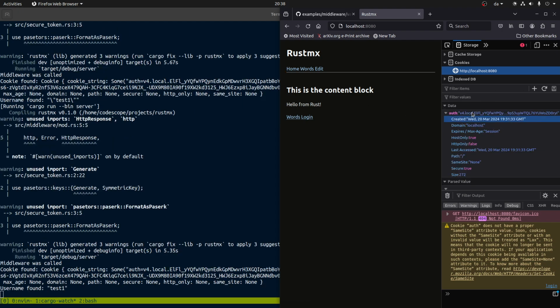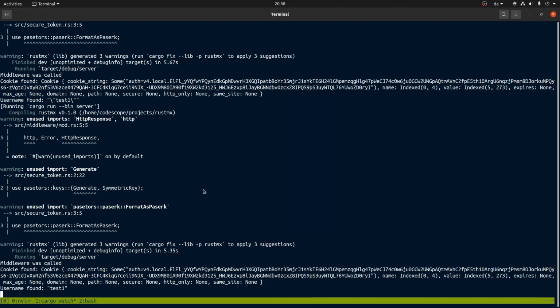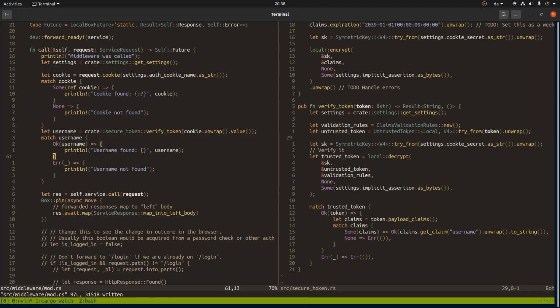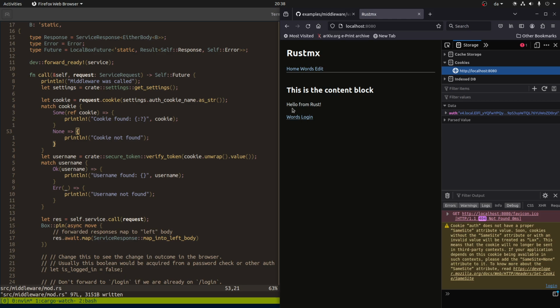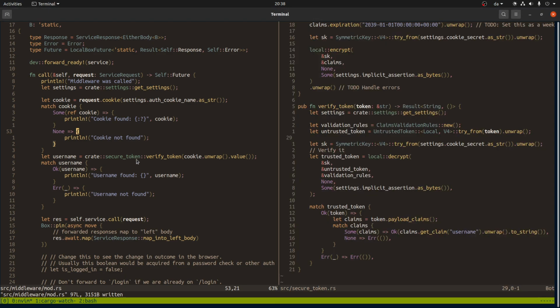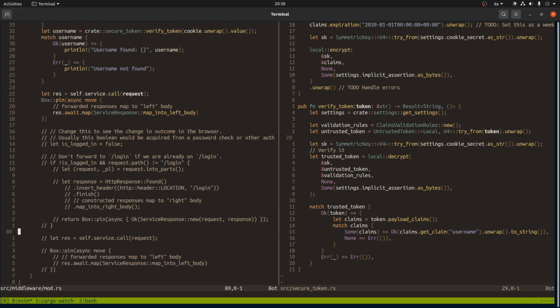Great. And this is supposedly secure, because if I, I don't know how to edit it in the Firefox. Okay, but actually our server is gonna crash right now if there is no token, because we unwrap it here. So what should we do if there is no token? We should actually